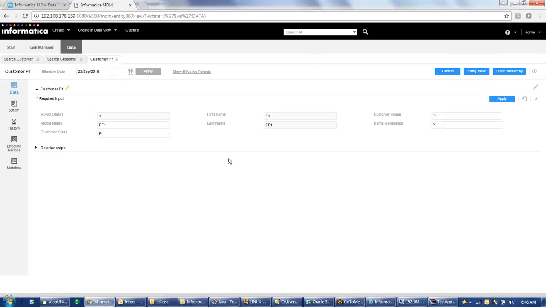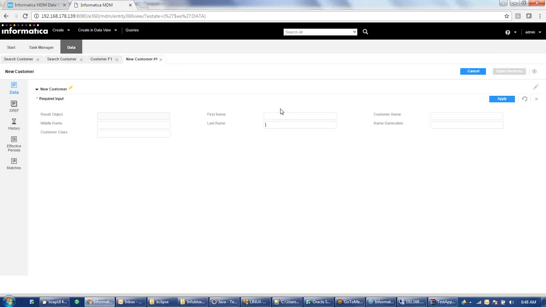So like this we can do it for all the subject areas. This is for customer, and similarly for address and other columns, because I know that the first name and last name combination I'm using as a primary key, so I will just make it read only, so that the user doesn't modify these columns. Similarly, if you go and create a record, I will see that I can edit these columns. So now you can see I can edit this column. This is editable. So only for update it is disabled. For insert it is enabled.